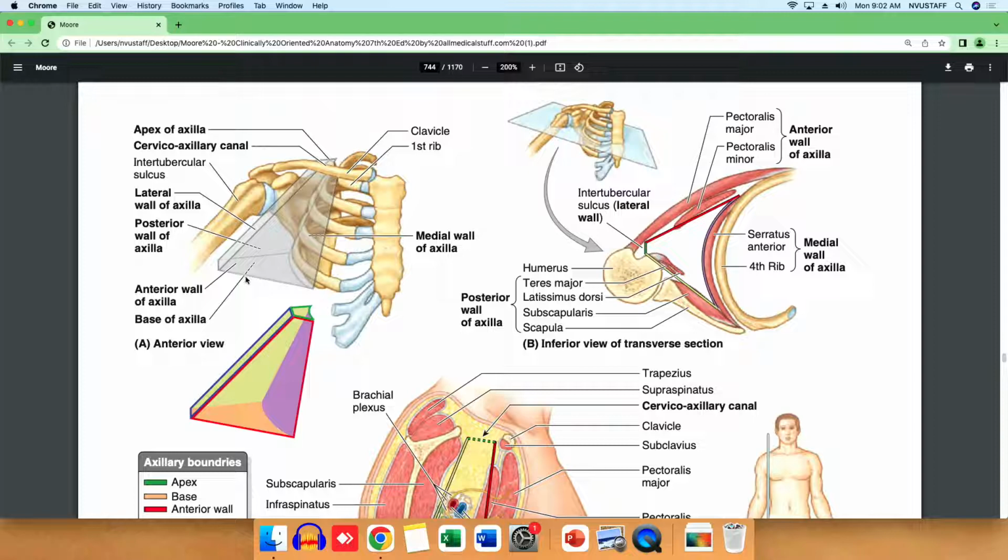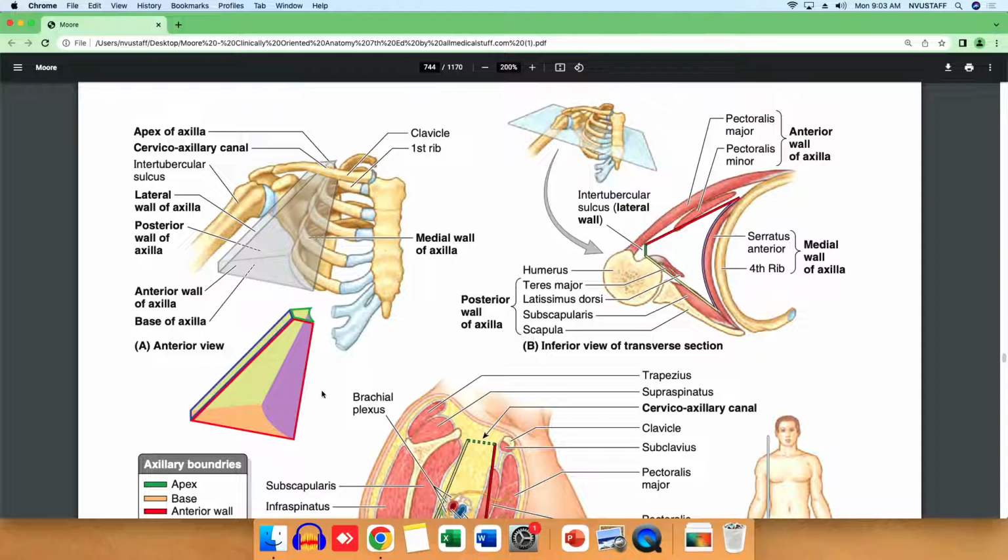At the same time, opposite to the apex of the axilla, we do have the base of the axilla, and the base of the axilla here is literally representing the widest region, where in case of the surface anatomy we can find the folds of the skin and the connective tissue, which are making, let's say, the boundary for that region. So that's how it looks like. Besides the apex and the base of the axilla,